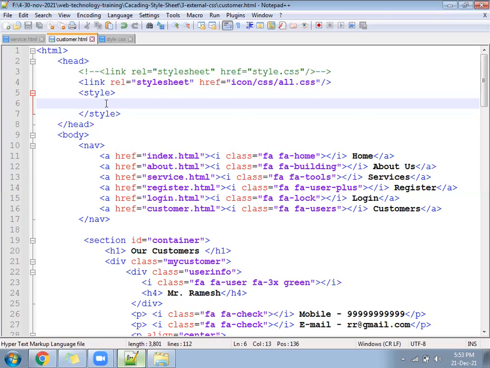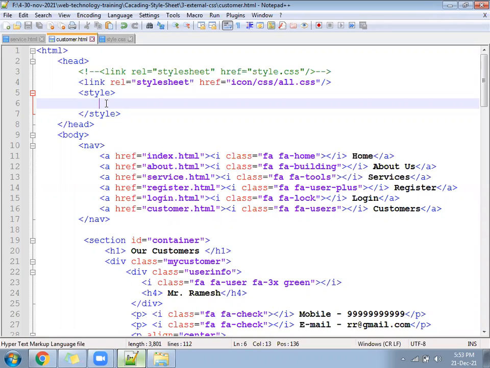Okay, then we are going to ask CSS, HTML, do one thing, you execute the page. At the time of execution, go to the style.css file, read the content and write into this file. Okay, after writing, HTML will execute. And once HTML gets executed, the CSS code will get removed. You can't see the CSS code. So when will the CSS come? At the time of execution. Some words are called runtime binding and static binding. The technical words we have, runtime binding.